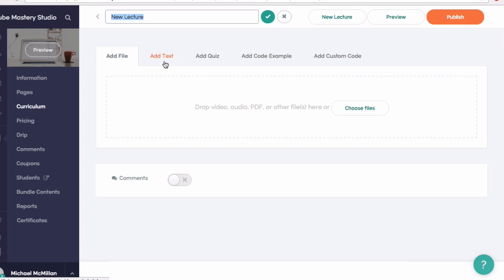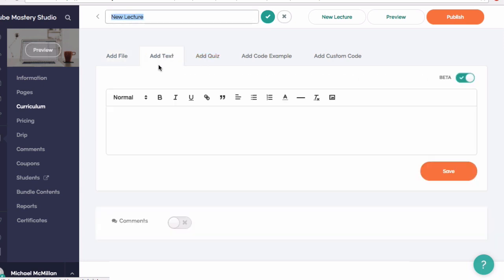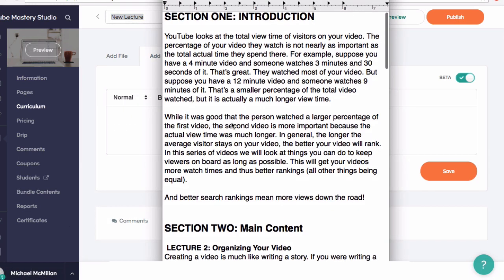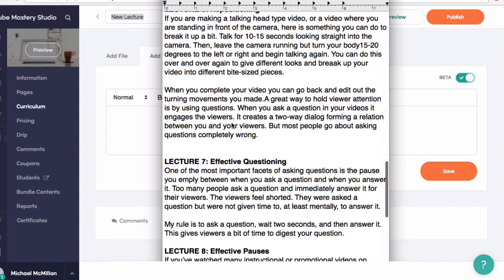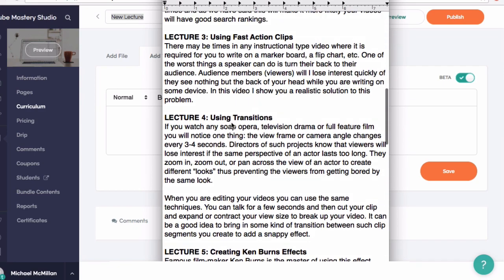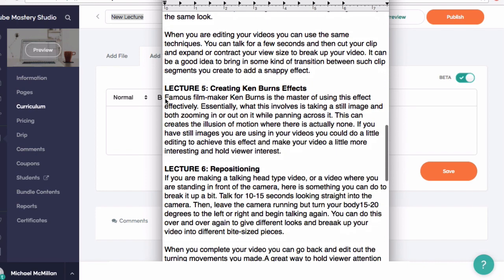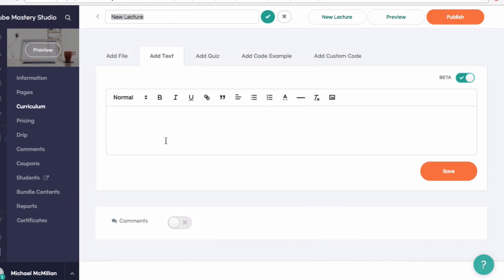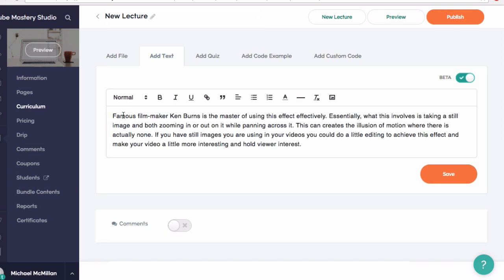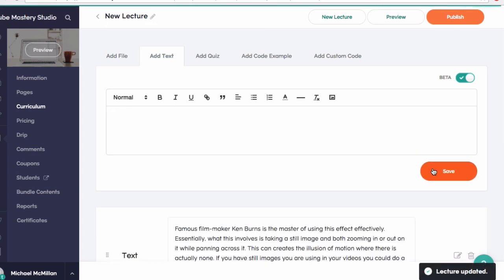So it says add file, add text, add quiz. You can do any of these things. And what I've got is right down here. Before I started creating my course online, I wrote the text for each one of the lectures that I had. And right here, lecture 5 is creating Ken Burns effects. So I'm going to copy this text right here on my Mac, Command C, and then I simply come in here and paste that in, and I'll save that,